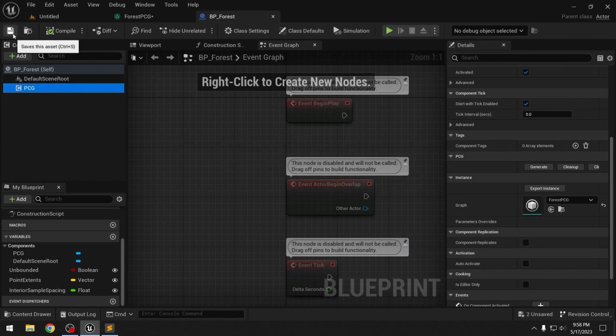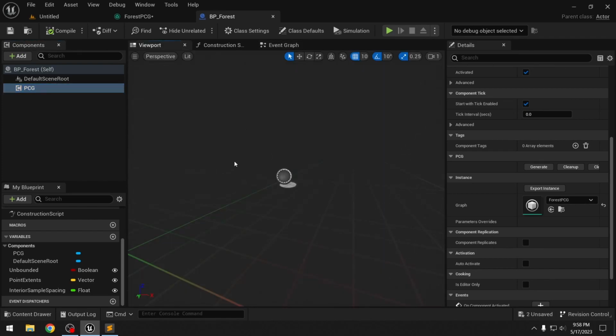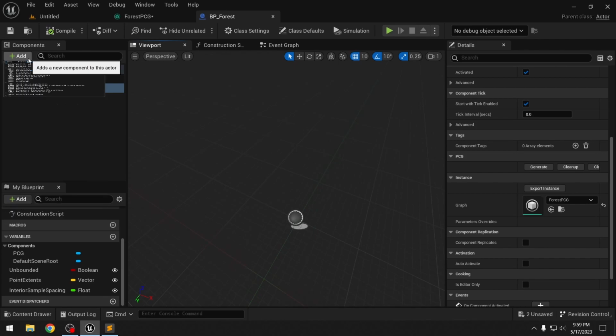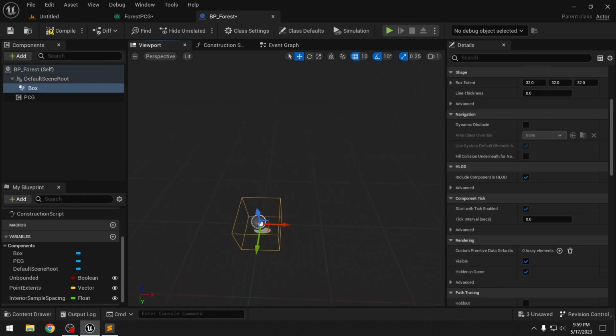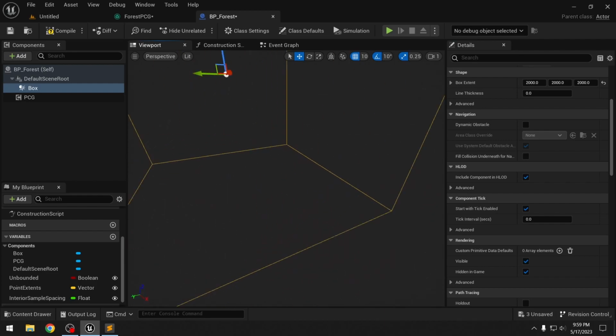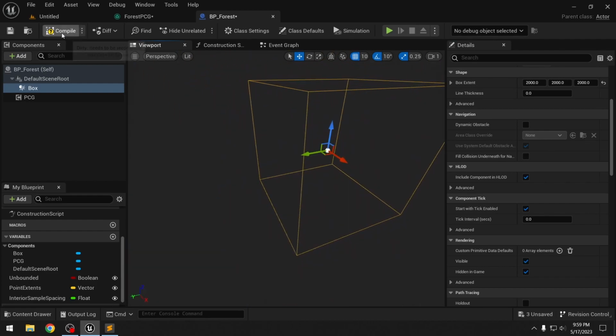Compile, save. Also in the viewport, we need to add some bounds to this. So to do that, let's look for box collision. And let's increase the size of this box collision. So here in box extent, I will say 2000. Compile, save. And back in our level,